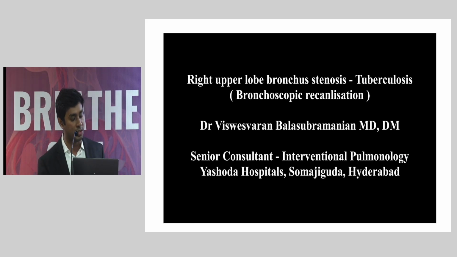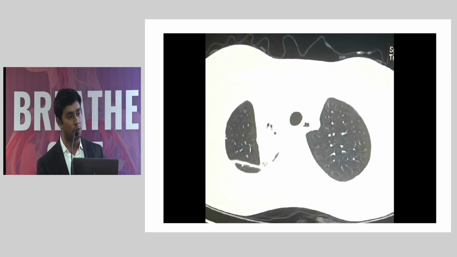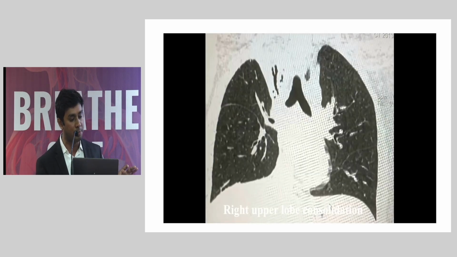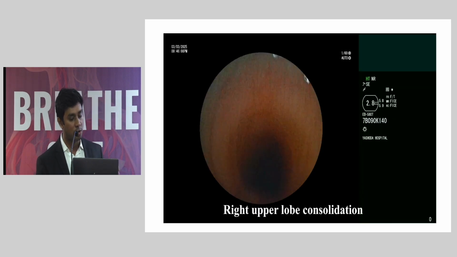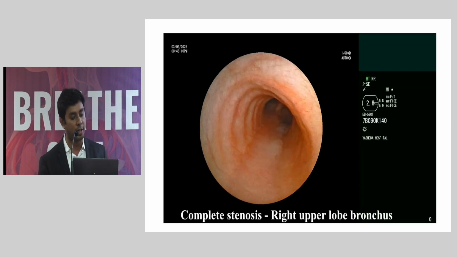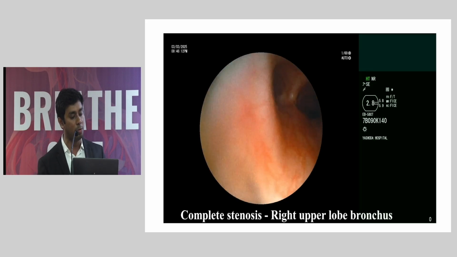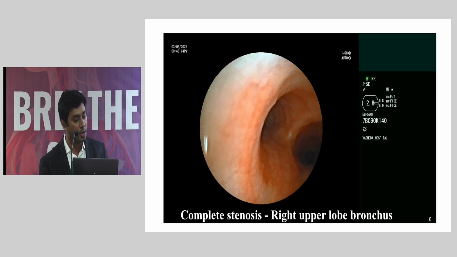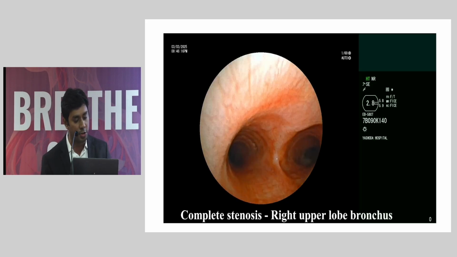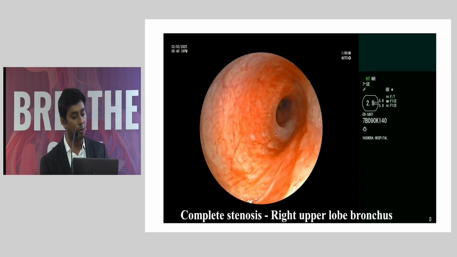Similarly, your stenosis can occur at multiple levels. So right now, the case we are going to see shows the presence of a complete stenosis of the right upper lobe. Now you can see there is a patient who is having a right upper lobe collapse, but luckily in the CT scan, you are able to see some amount of distal airway. So we did a bronchoscopy for this patient, and now you can see that the right upper lobe is almost completely obliterated by granulation tissue,